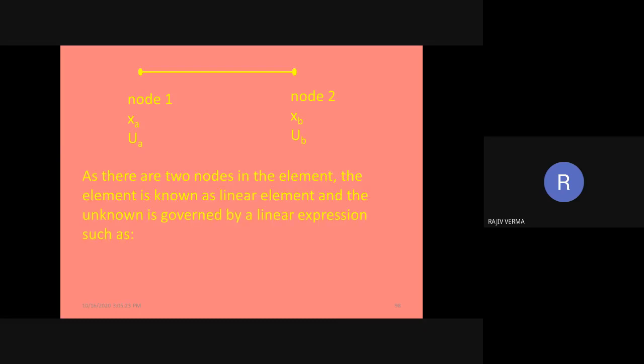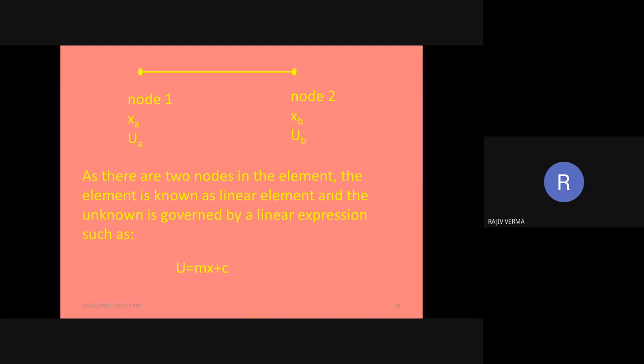Now, as there are only 2 nodes in the element, it is known as a linear element, and the unknown is governed by a linear expression given by u is equal to mx plus c, which obviously is an equation of a straight line,